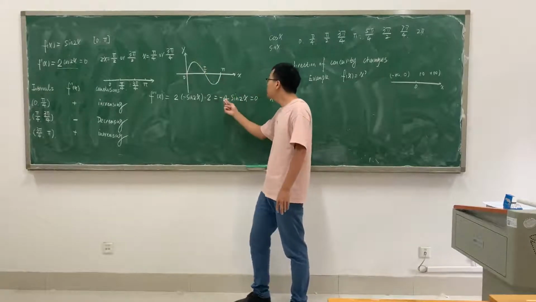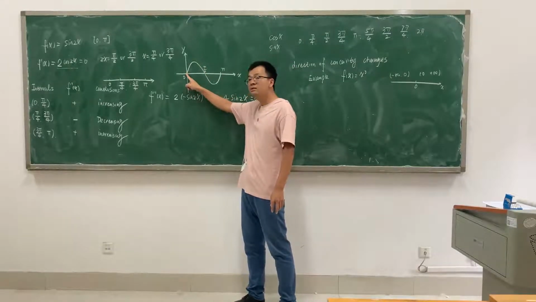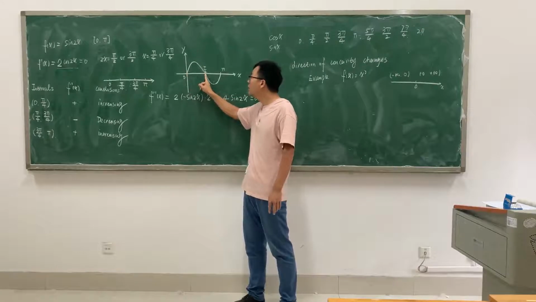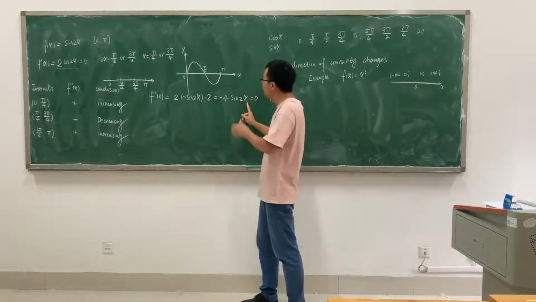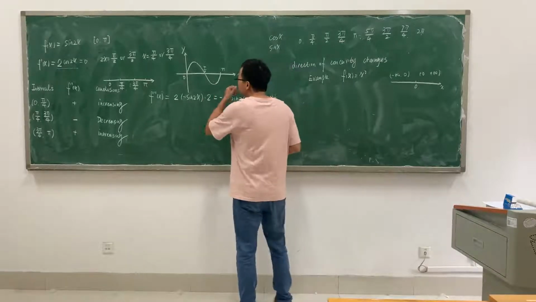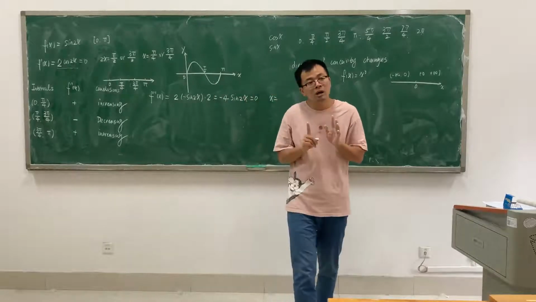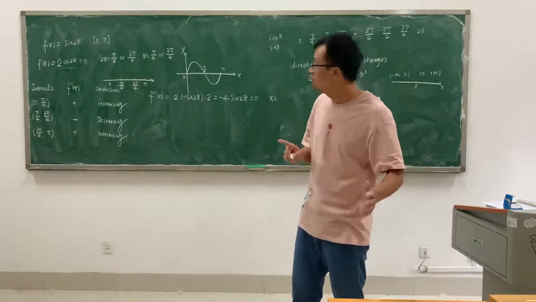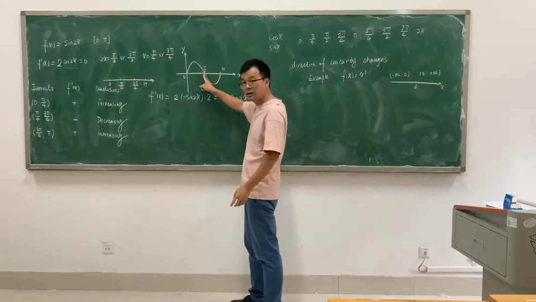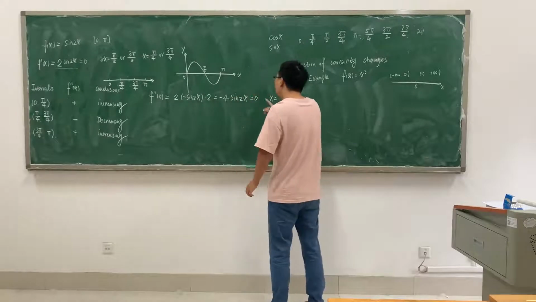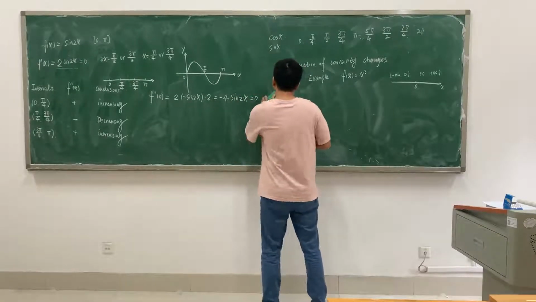So it equals 0 means what? Here, this point. So x equals what? Actually, we do not consider the left point or the right point, okay? We just consider here. So here means 2x equals